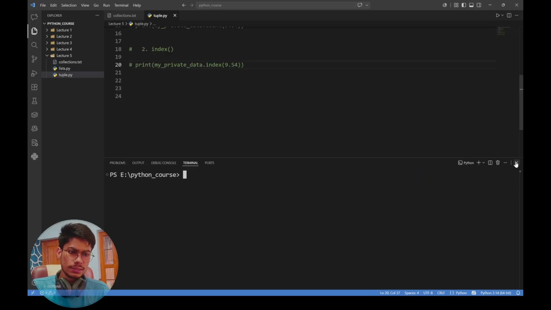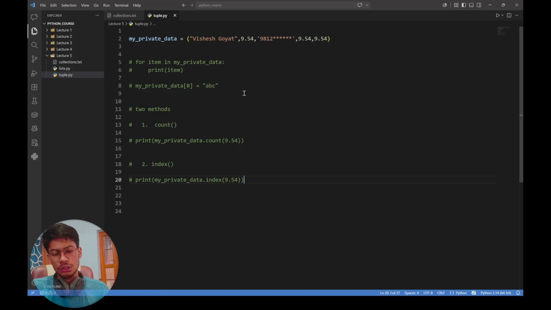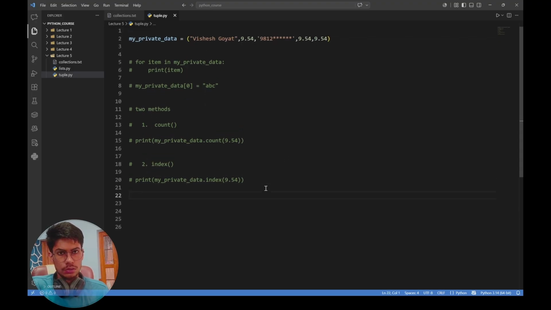There are various other things that you can do with tuples, like you can join two tuples, you can loop through tuples that I've already told you, and there are a few tuple questions that you will find, like whether you can update a tuple or not, and